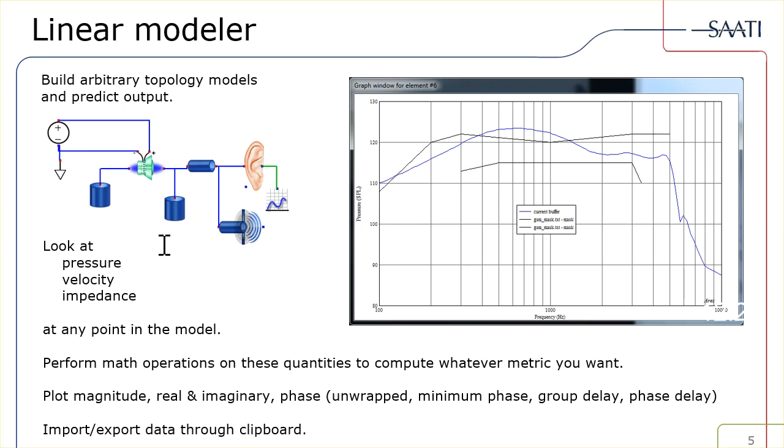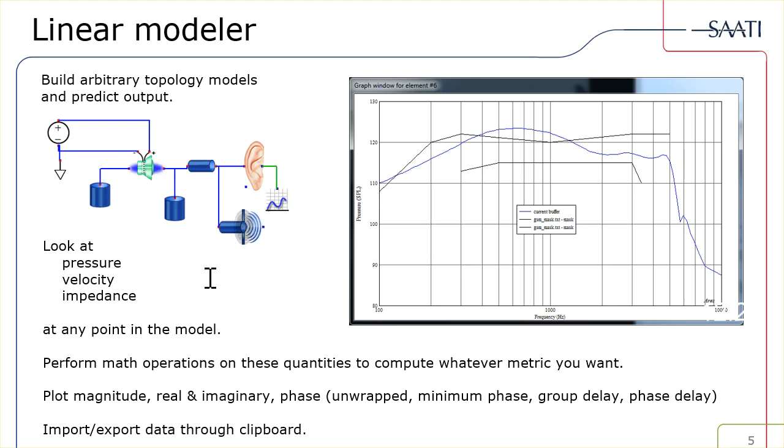You will solve for this equivalent acoustic circuit and then generate output graphs that show you what's going on in here. Very typically, you're going to look at pressure at the output, at where you want to generate the response from your speaker, but you can also go in and look at the velocity and acoustical impedances at various points in